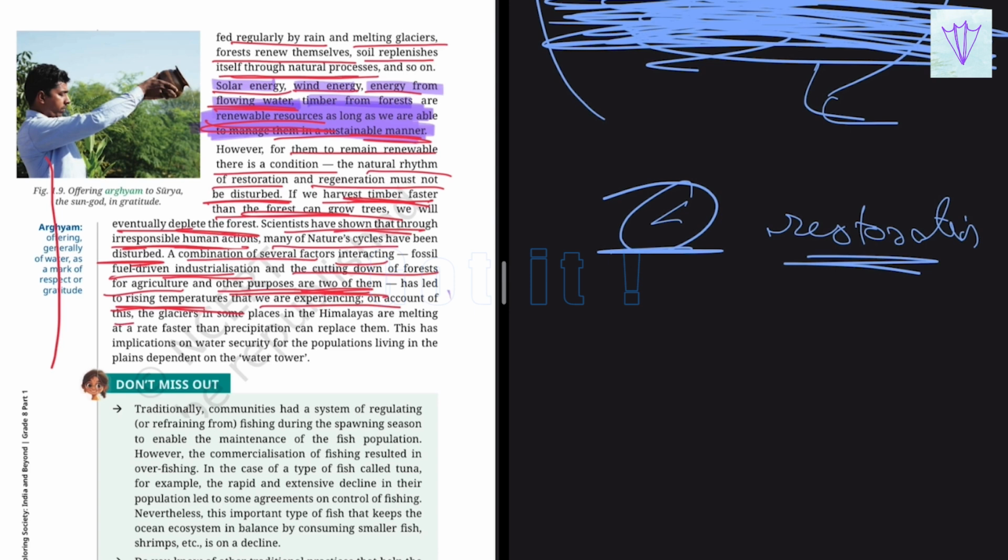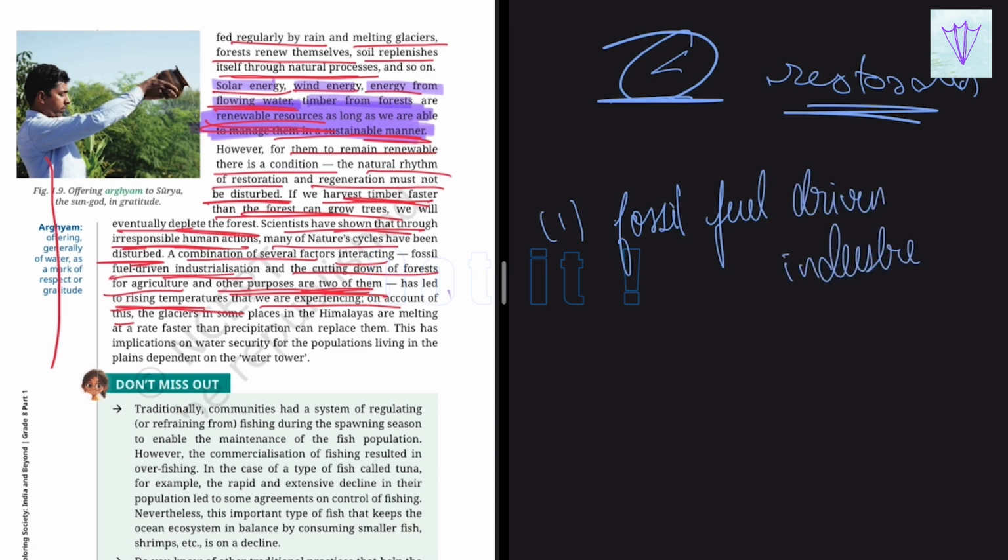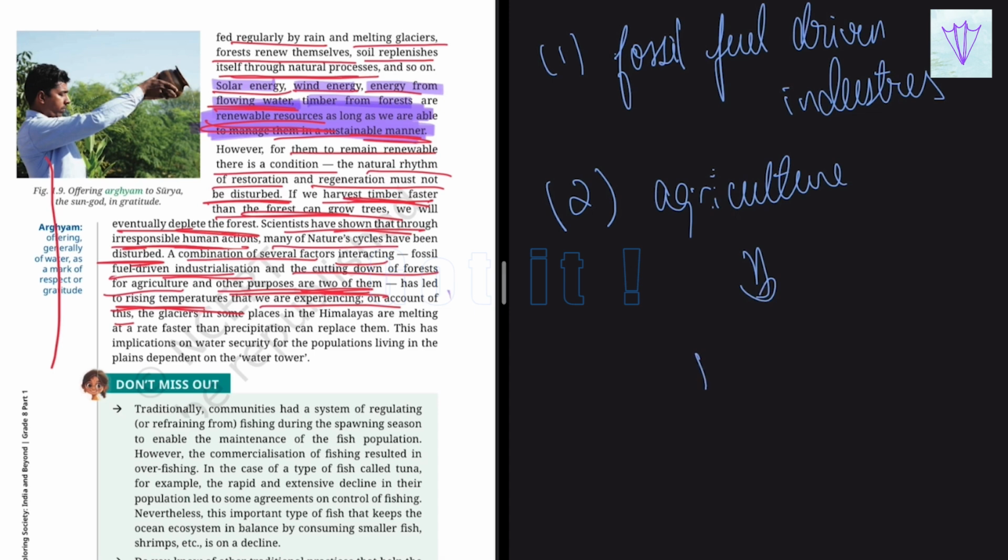So the first reason is fossil fuel driven industrialization, and the second is cutting down of forests for agricultural purposes. This has created imbalance, due to which we are experiencing high temperatures,